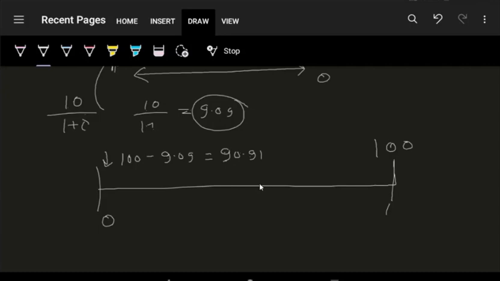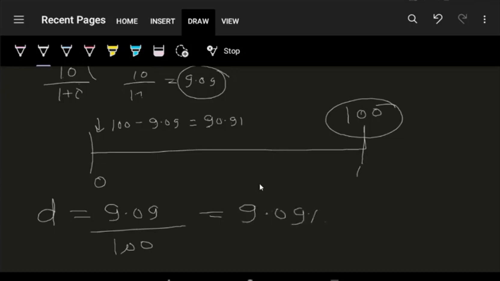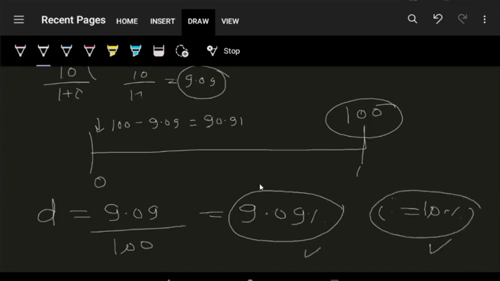Now we check how much interest we have paid. We know it will be 10% because we started with i equal to 10% to arrive at d equal to 9.09%. First let's calculate d. So the discount rate will be 9.09, that is the discount upon the amount of loan at time 1, so the rate will come out to be 9.09%. So this rate 9.09% is equivalent to the interest rate of 10%. So whether you discount or accumulate using this rate or this rate, the answer would come out to be the same.